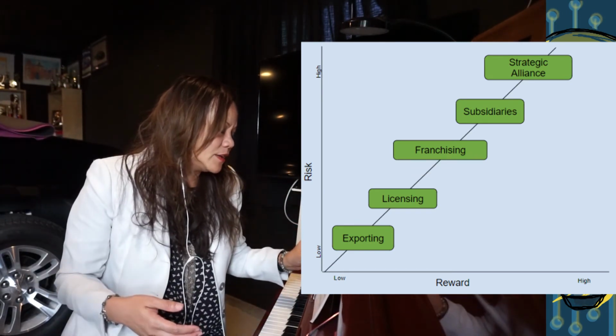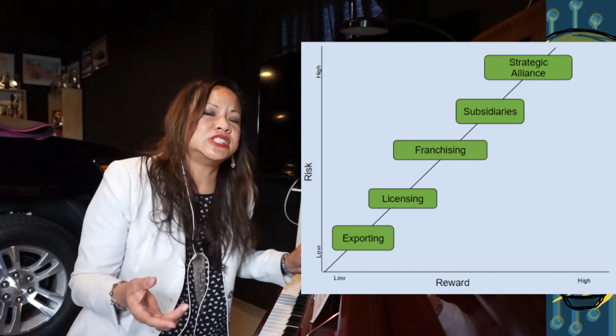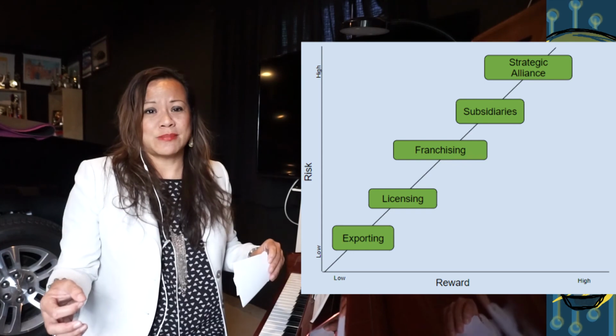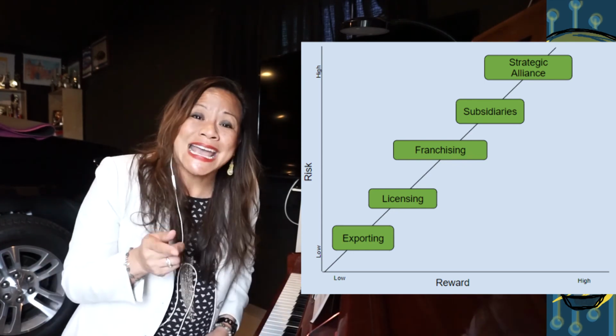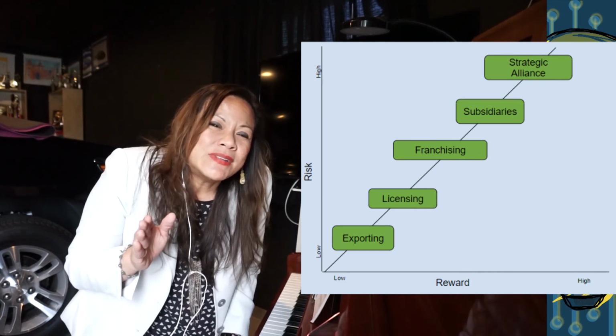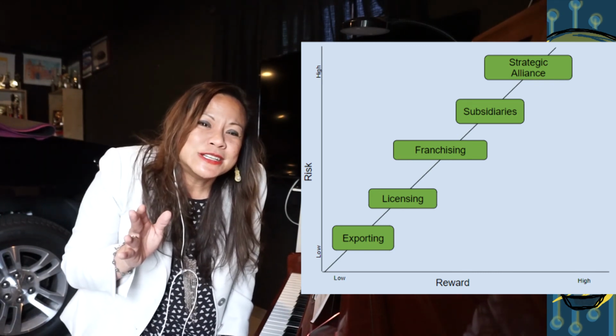And then finally, the riskiest with the highest reward is strategic alliance. Now in a strategic alliance, you're forming a contract with another company. That's risky because you can't control the other company. They could just say, no, we don't like you anymore. We're not going to do business with you anymore. And you've